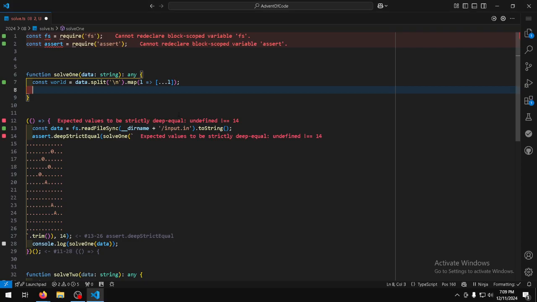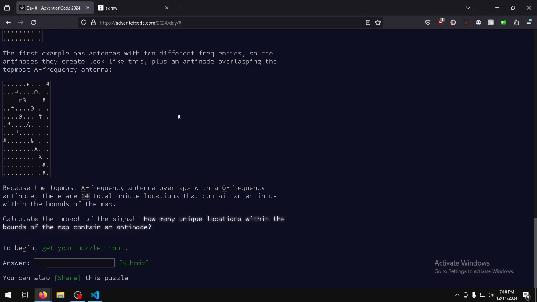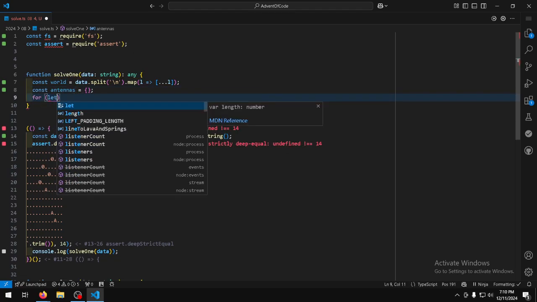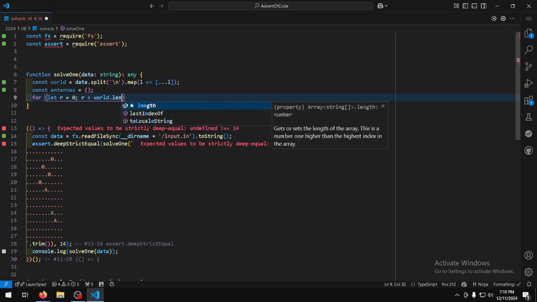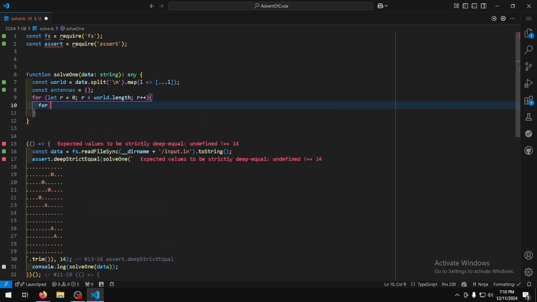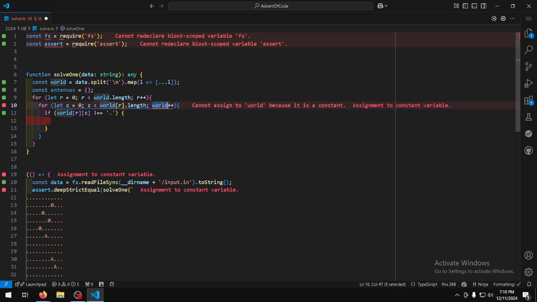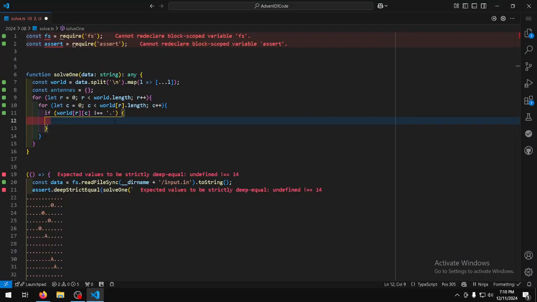Okay, we got that. So const antennas equals a hash map. So for let r equal 0, r less than world length, r plus plus, through every row. Handle the nice rectangular universes. Okay, so basically it's if it's not a dot, right? Not equal to a dot. What do we want to do? Well, we don't want to increment world. We want to increment that. That means it's an antenna, so